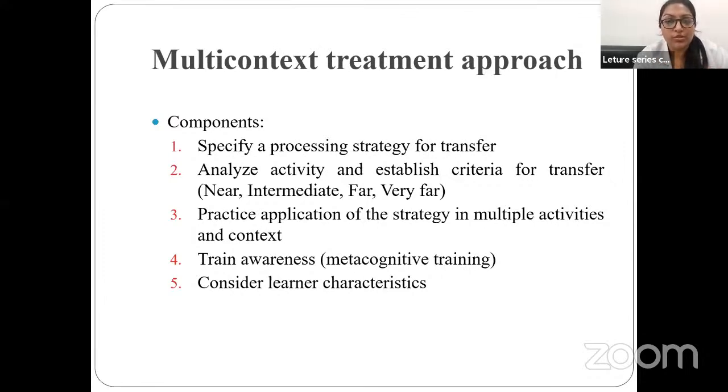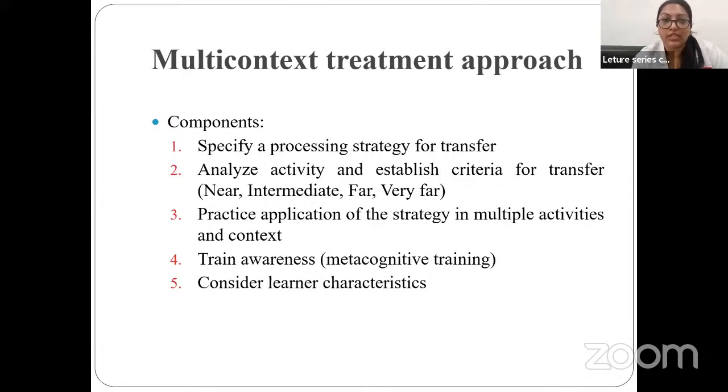transfer. The strategies could be internal strategies or external strategies. Internal strategies means that we are using ourselves. We are using self-motivation, self-cues, self-reminders, self-questioning, and mental imagery to provide cues to ourselves to perform the task. While the external strategies include use of aids or interactions with the others or interaction with the environment. For example, we are using a checklist, we are using our caregiver, we are using a memory notebook to implement